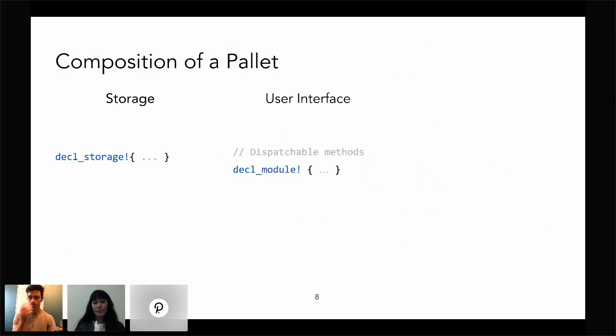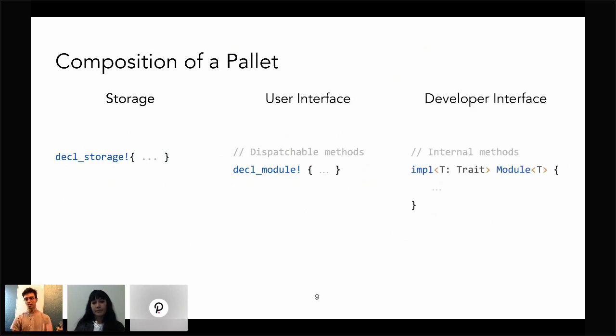And the third thing is the developer interface. This is everything that you're implementing on your runtime module, on your palette, all the methods that can actually implement traits and interfaces and standards. This is what other palettes are going to call. And this is where you can make your palette truly reusable and compositional. So this is the section that we really tried to focus on, because the user interface is kind of a separate concern for your specific use case. So in the next slide,